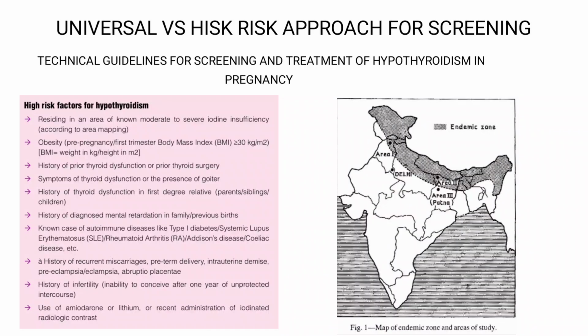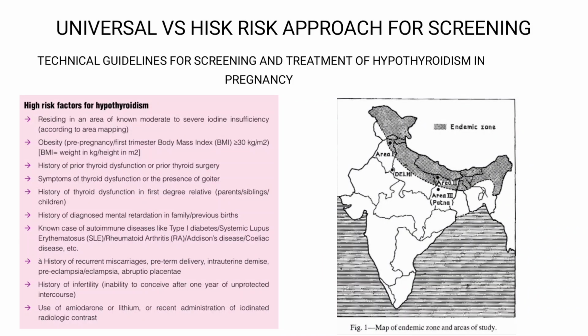And if the patient has obesity, meaning her BMI is more than 30 kilogram per meter square, and it could be a pre-pregnancy or first trimester body mass index. If there is a history of prior thyroid dysfunction or prior thyroid surgery, symptoms of thyroid dysfunction or the presence of goiter, history of thyroid dysfunction in first degree relatives, meaning the parents, siblings or children, if there is a history of mental retardation in the family or the previous birth, if the patient is a known case of autoimmune disease like type 1 diabetes, systemic lupus erythematosus, rheumatoid arthritis, Addison's disease and celiac disease,